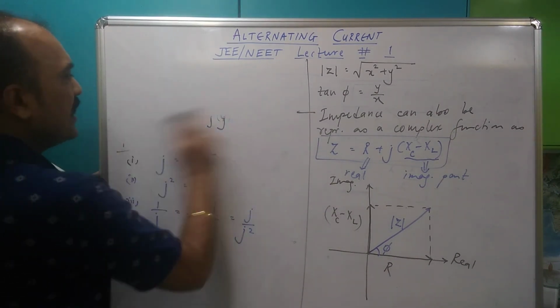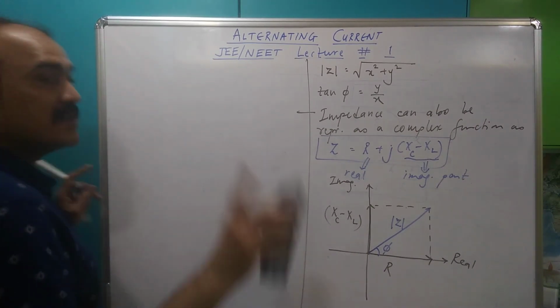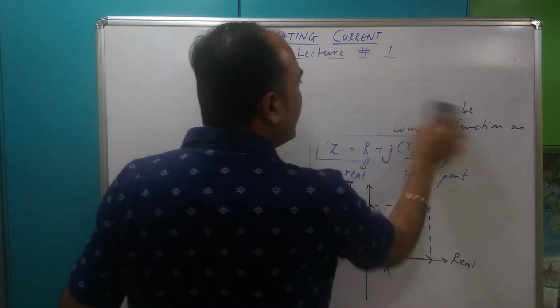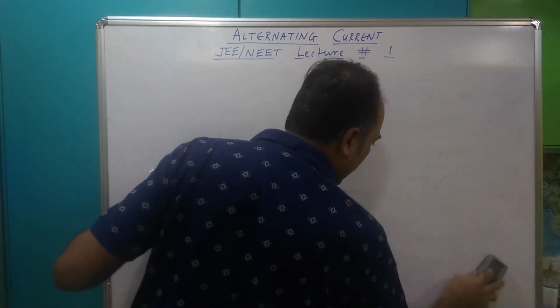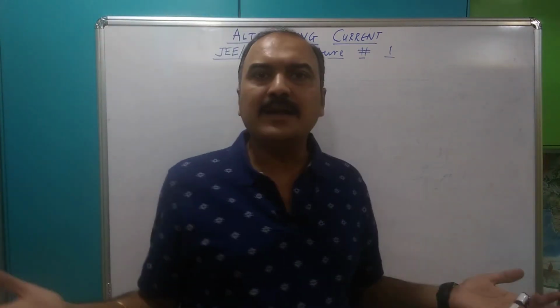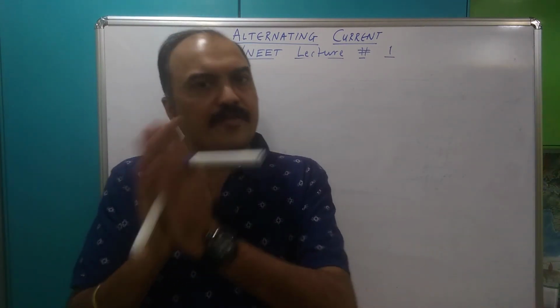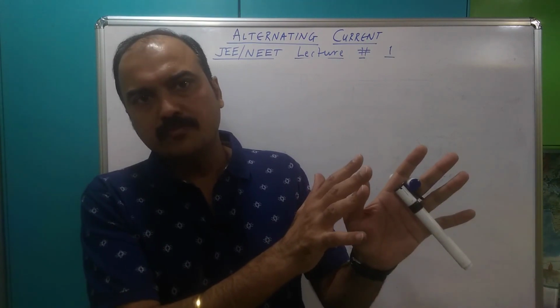As I said, in my RLC series circuit I have considered the capacitor to be powerful. As a result my current is leading. If XC was smaller and XL was bigger, then my inductor would be powerful and current would lag. So keep your basic ideas straight. If capacitor is powerful, current will lead. If inductor is powerful, voltage will lead.